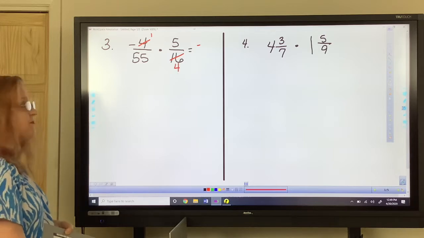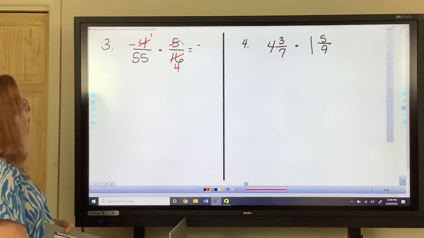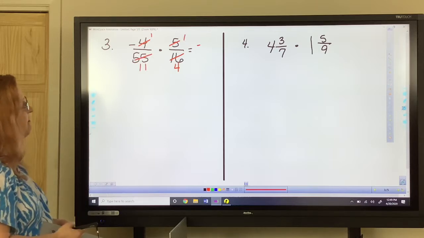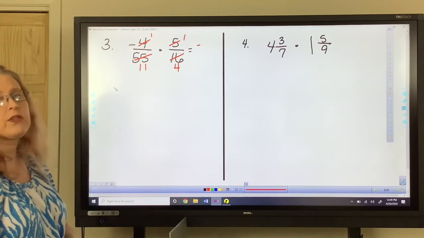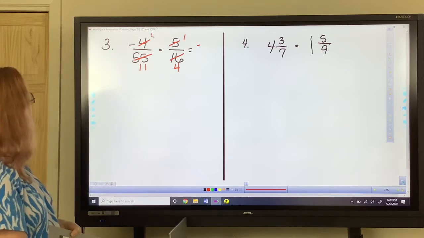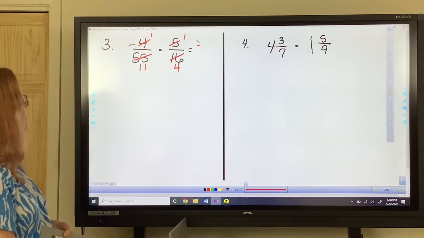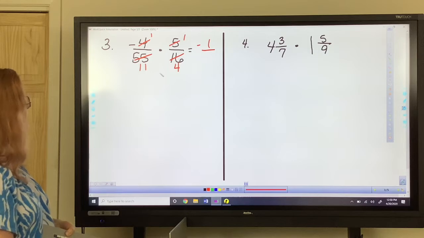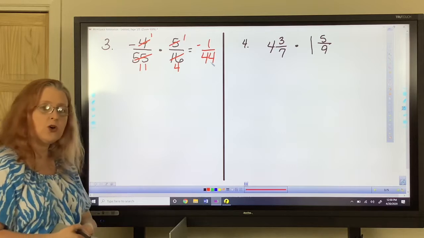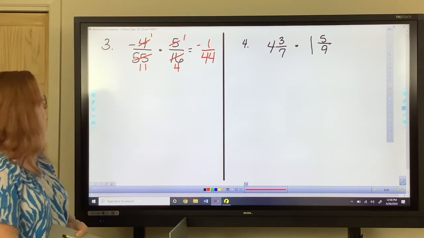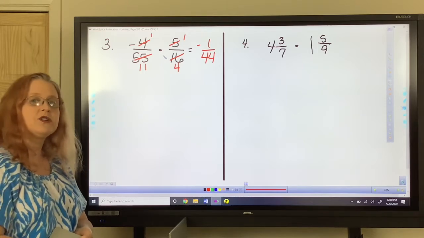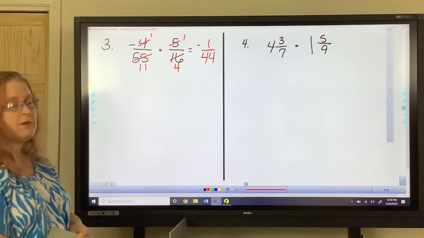And then 5 will also divide into 55. So 5 into 5 is 1. 5 into 55 is 11. And what that does is it makes us work with a lot smaller numbers. So now if we look at the top, our 1 times 1 is 1, and our answer is negative. And 11 times 4 is 44. And so what you want to look for is what can you do to reduce. If you forget to reduce first, you can always reduce at the end, but 1 divided by 44 will not